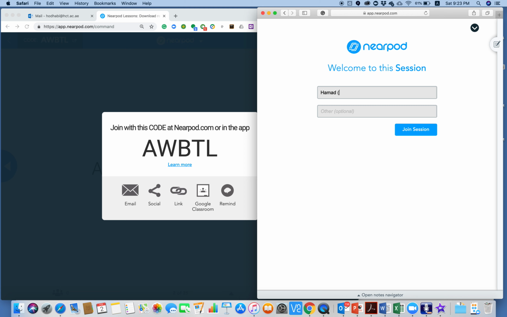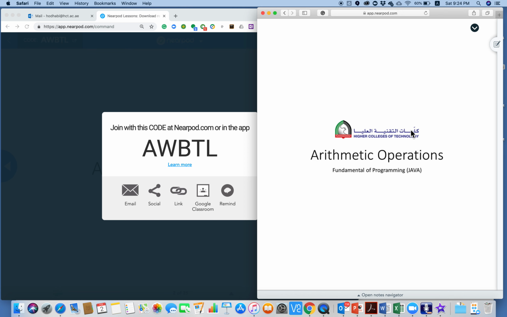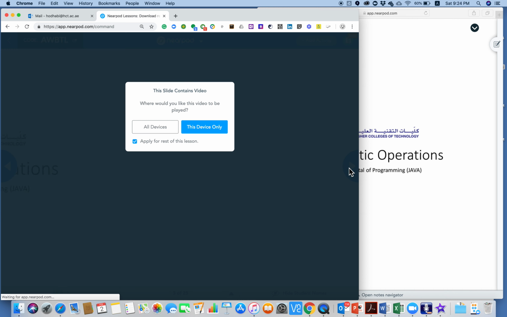But here I'll say Hamad student, because I have two accounts. So I can say Hamad Udabi student, so I understand. And the second one is optional, where they can put anything else they want to put there. Now it has started, and you can see the first page came. So if I stop here, this is the first page. If I move to the next one,